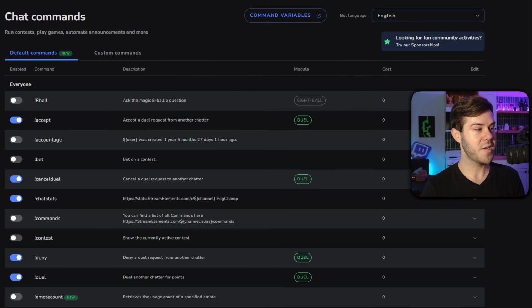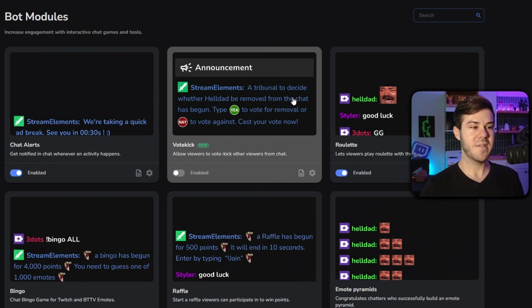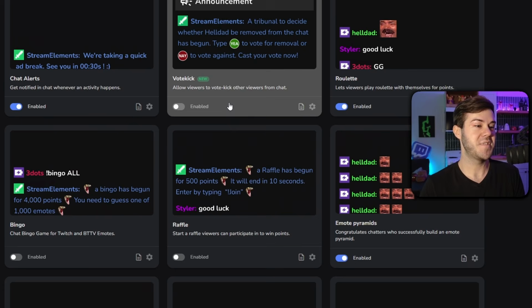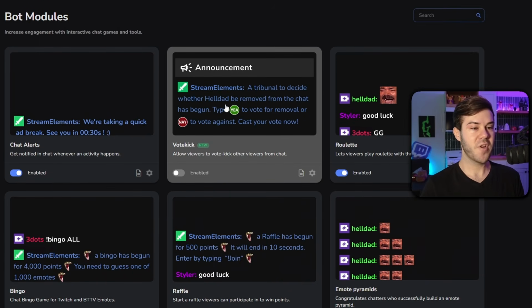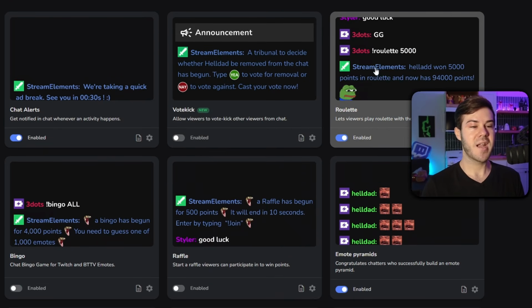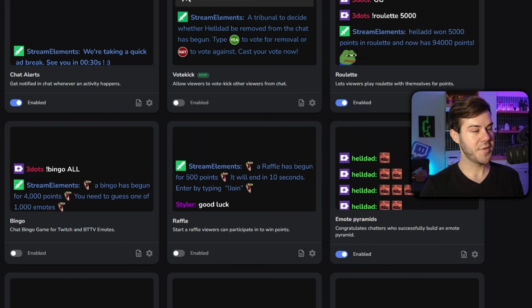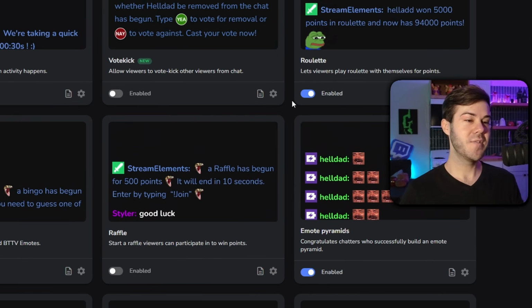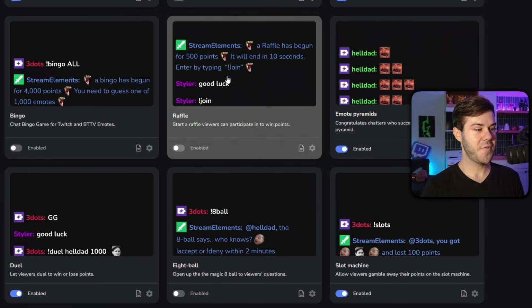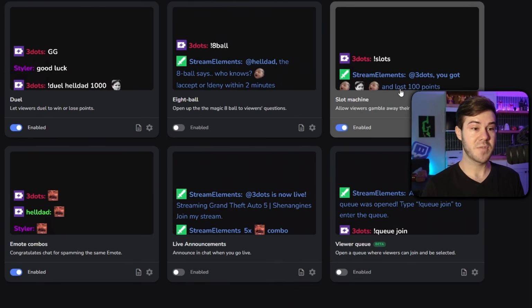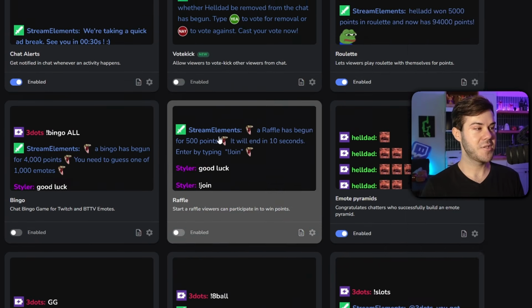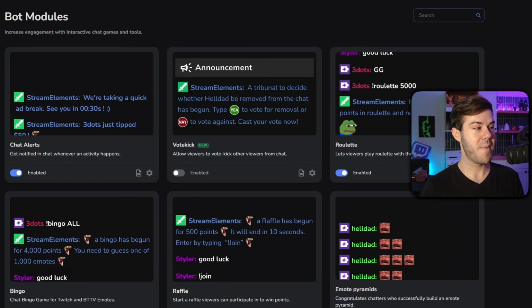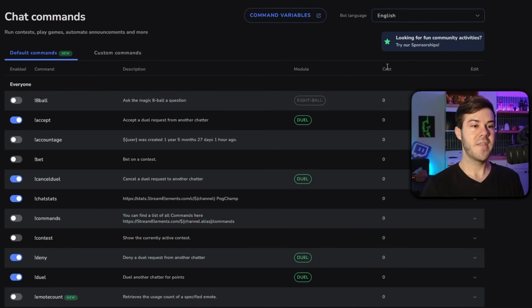So we'll skip ahead very quickly and go to modules. These are slightly different, like mini games or different kinds of systems that work with the chatbot. So for example, you can use roulette, so you can gamble your points, which will be over in the loyalty section. But we do have things like raffle, we have bingo, duel, slot machine is one of my favorites. So we'll come back to this in just a second, but just know that when you see modules, that's what it's referring to here. And then you obviously have the cost, so the amount of points in that loyalty section,